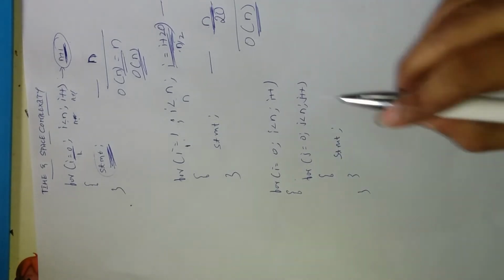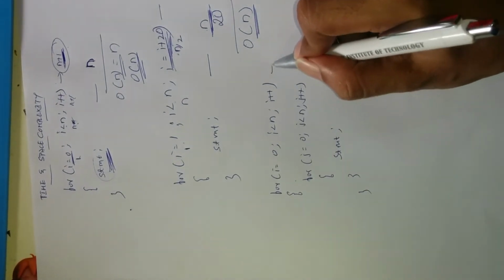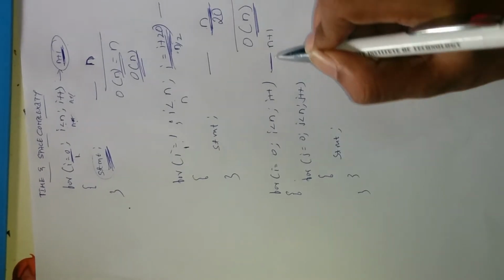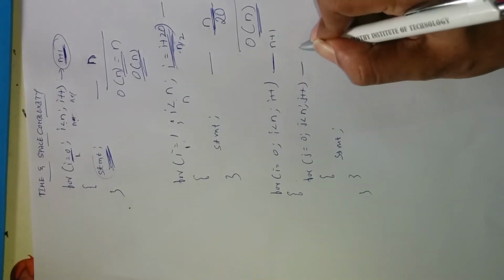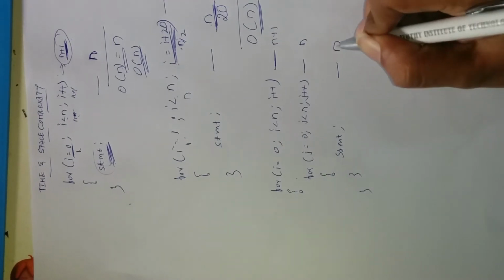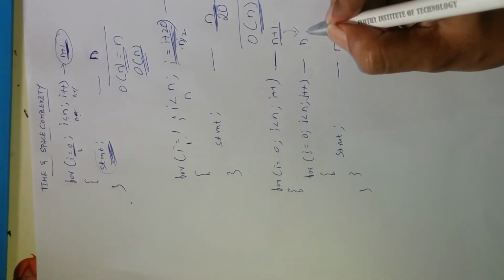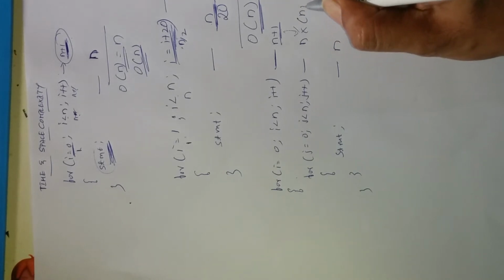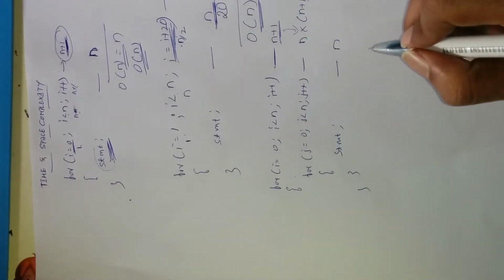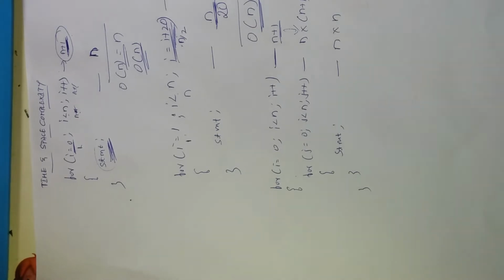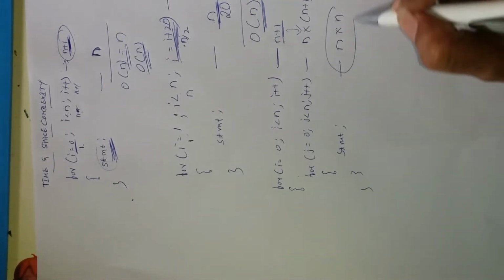How will you solve it? You have to start from 1 by 1. This first loop executes n plus 1 times. After that, the inner loop executes n times, and this statement also executes n times. After completion of this, come back to the outer loop. After n, what is the value? n plus 1 times. Clear? Next, here what is the value? n times. Now, for the final answer we have to take the executable statement only.